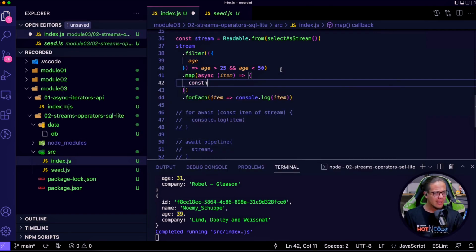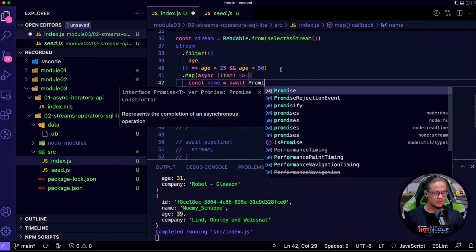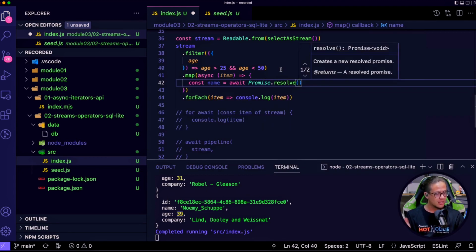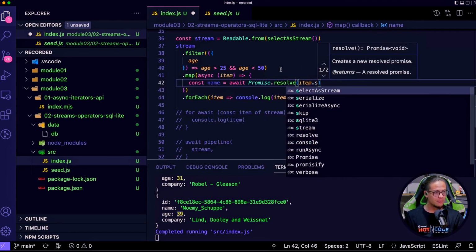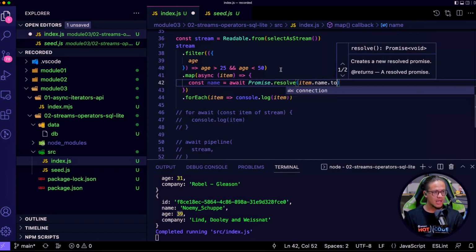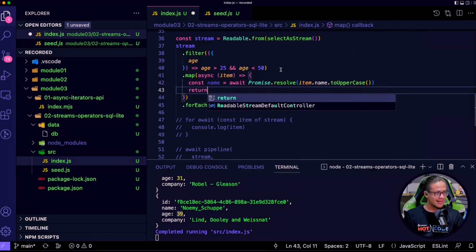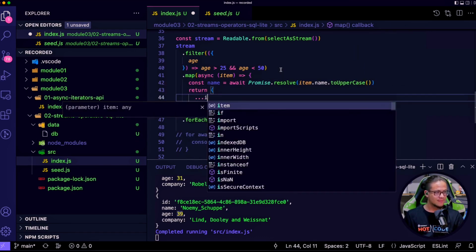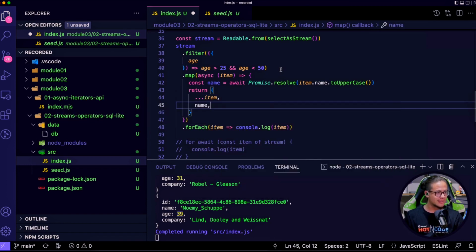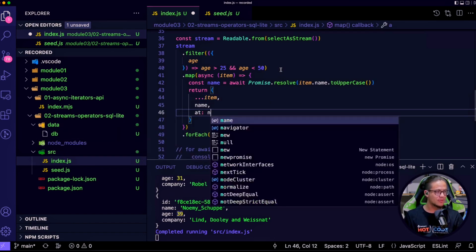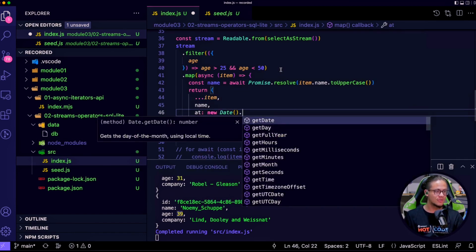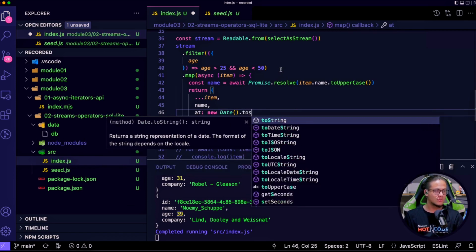Well, I'm gonna change the name. Okay, so I'm gonna use all8 so you know that you can use it. I'm gonna use resolve. I'm gonna grab just the name, and I'm gonna put it as uppercase with C. All right, and then I'm gonna return the item I already had, name, and actually I'm gonna put a new field here. So toISOString,